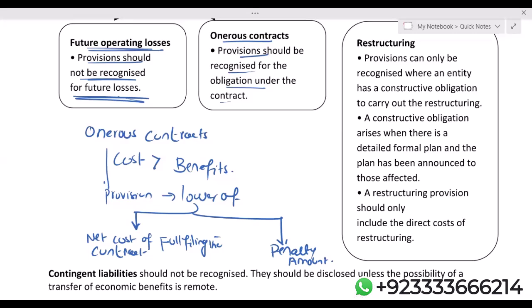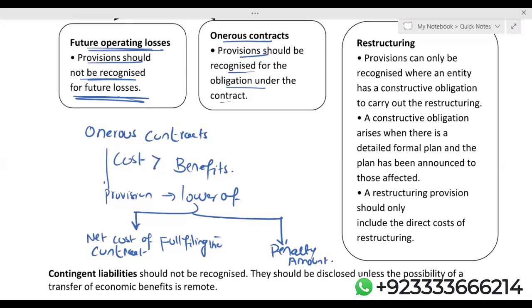Now, assuming in the first 2 years everything was going fine, but in year number 3 the business is having problems and the premises which they have taken on rent are no more needed. Now, the organization has two options. Number one, to bear the penalty and return the premises. And the second is to still keep the property for the next 3 years and just pay the annual rent.